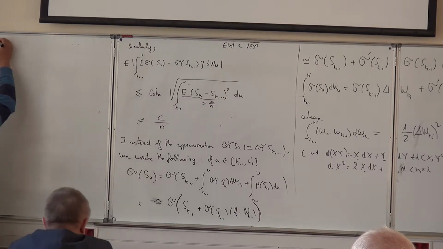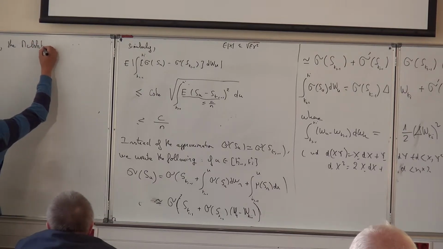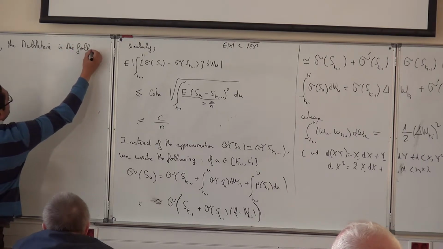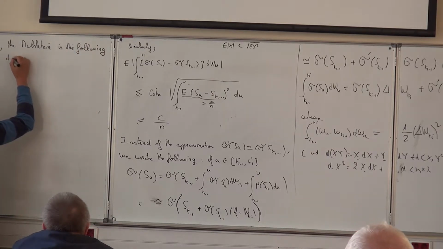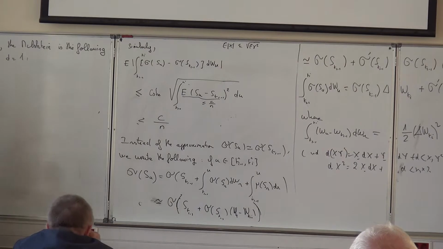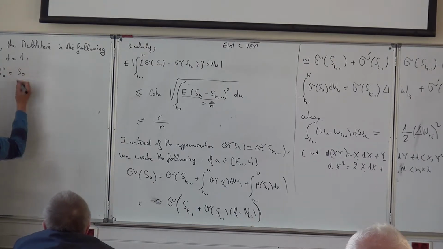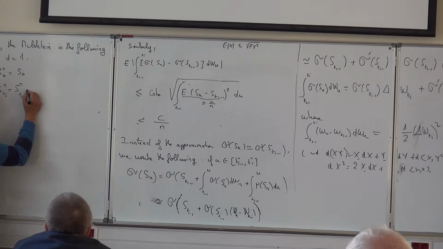So the Milshtein scheme is the following. For d equals 1, precisely, Sn0 equals S0, and inductively Sn ti equals Sn ti minus 1 plus